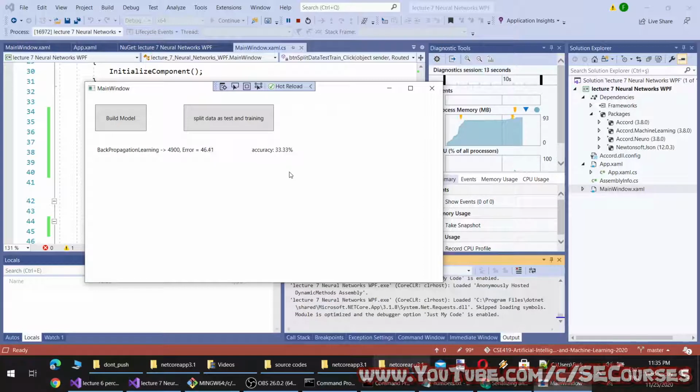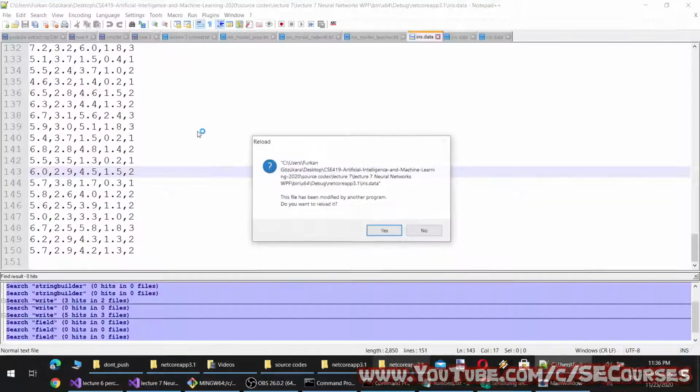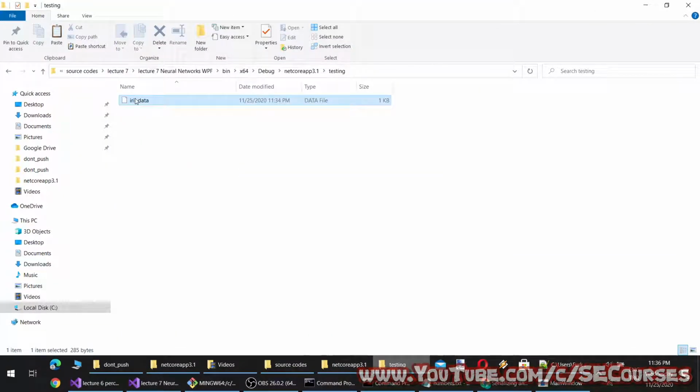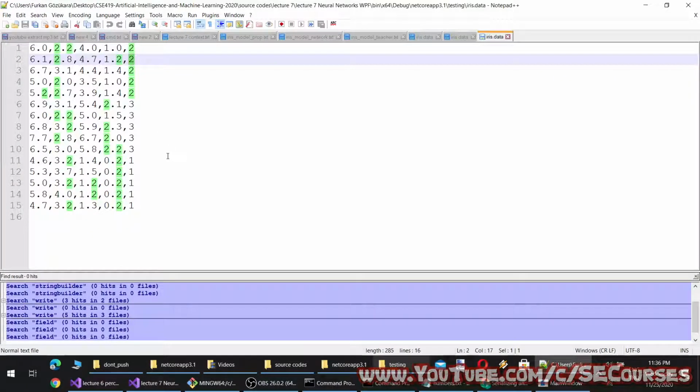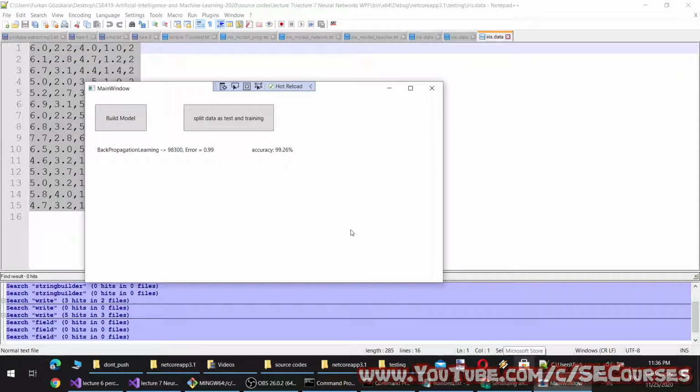However, we will see how much accuracy we can get and how our model will behave on our test data. Right now, I didn't provide my test data to the training data, so only this data is provided to the algorithm. So the test data, this one, is not trained in the model. Therefore, this is completely unseen data to our training model, and we will see the real accuracy of our model.